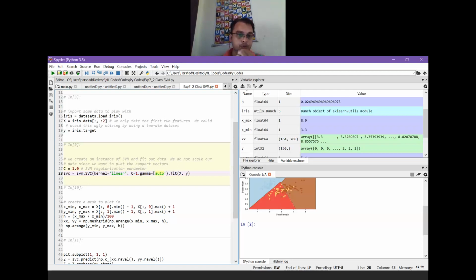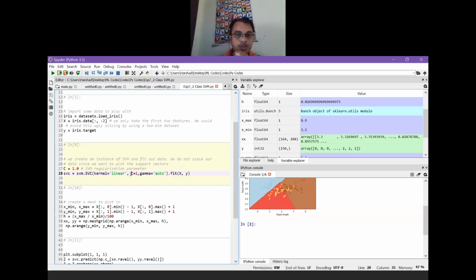Okay, gamma value if you want to set, right now we are keeping it in the auto mode, but if you want to do a trial and error basis, you can change the gamma value between 0.1 to 10. Please keep in mind, write down this value gamma. Gamma is changing between 0.1 to 10. Okay, and C is the regularization value, and C is changing between 0.1 to 1000. So C we can vary between 0.1 to 1000, gamma 0.1 to 10.